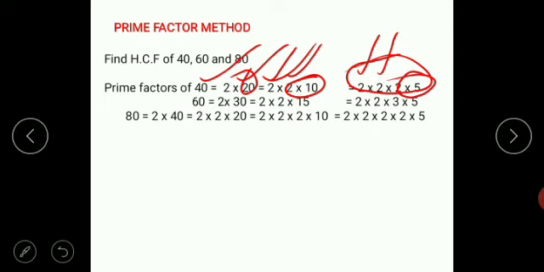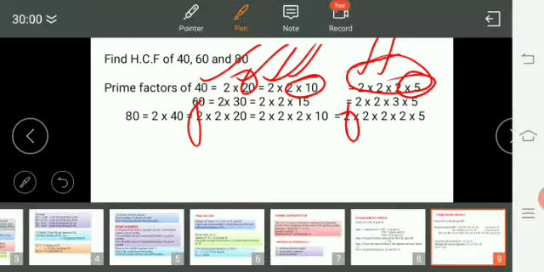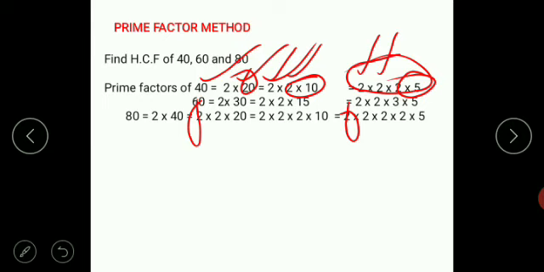So this 2, this 2. Okay, 2 into 40. So 2 you write. The 40 that you have got, already in this, that you can write, or else you can split again. Not a problem. So what will you get? The prime factors of 80: 2 into 2 into 2 into 2 into 5. Okay, then we got all the prime factors.